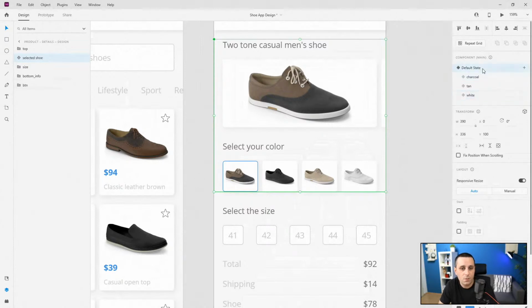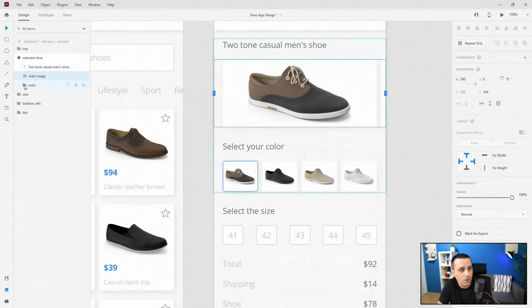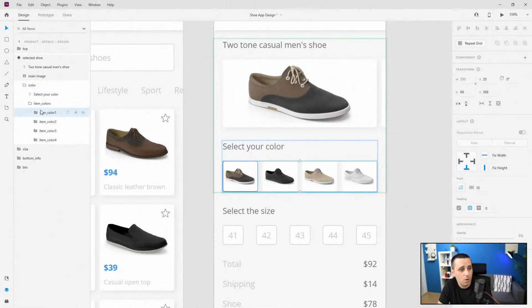create tan like that, and we can create white. So first things first, what we need to do is basically change up these shoes, and there are 2 different ways that you can do that. Obviously, you can create multiple placeholders for your images, or you can simply have one placeholder and then in it you can simply replace it in the multiple states of your animation. So how I'm going to do that is in default state is going to stay exactly the same. If we switch to charcoal state, what I'm going to do is jump inside of our color, item color, and